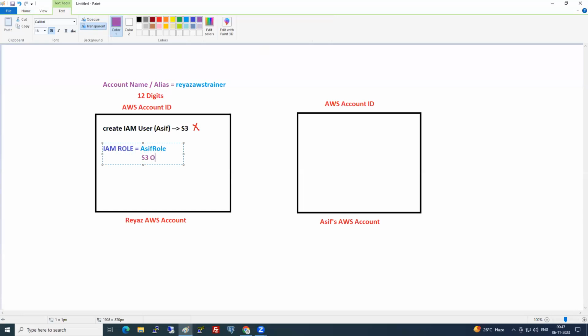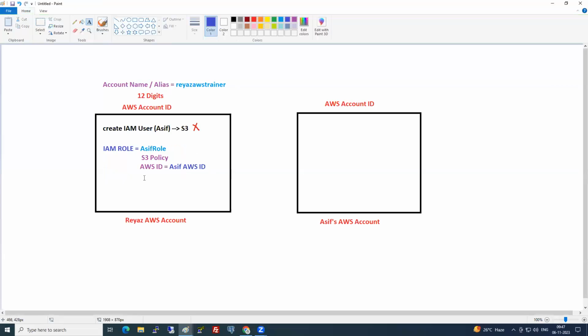Excellent. What? S3. Because he wants to access what? S3. And while creating a role, it will ask, give me the AWS ID. Whose AWS ID? Asif's AWS ID. Asif's AWS ID you need to give. After giving all these details, once you create a role, what will happen is,